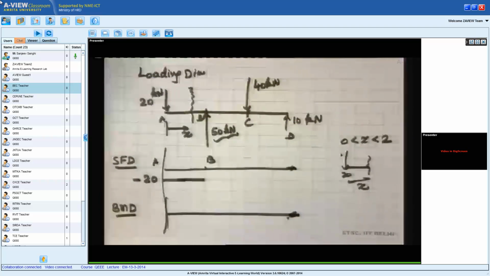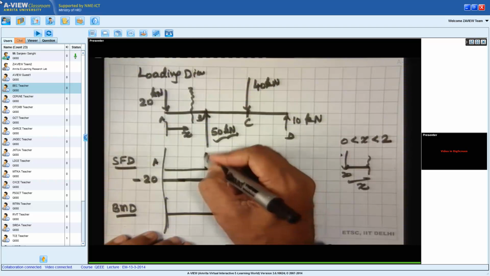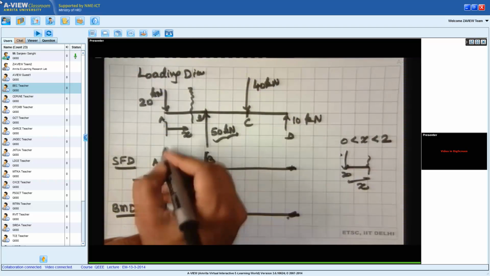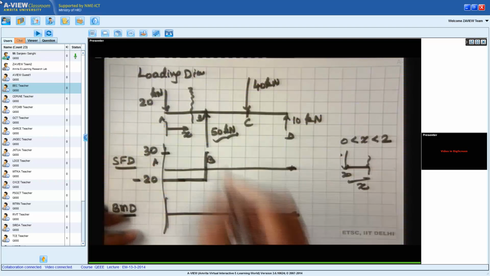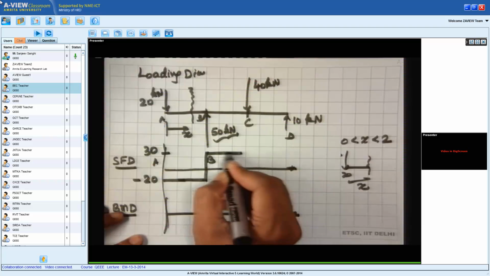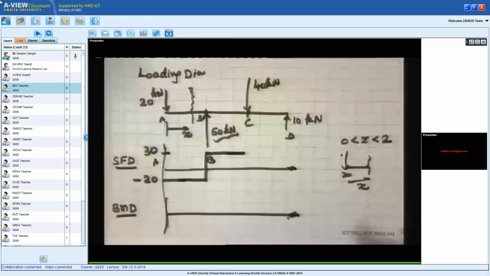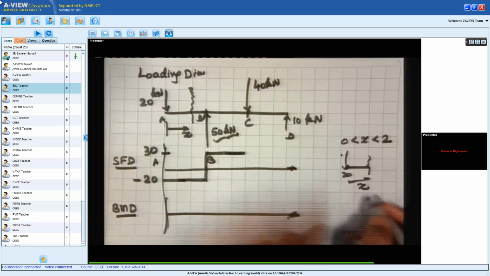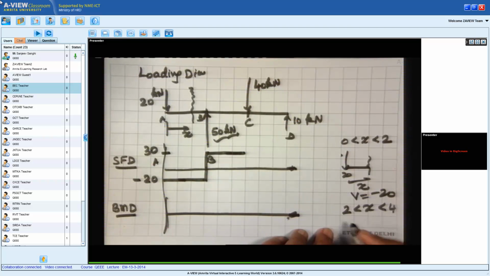To that, when I add 50, what will I get? The value becomes 30. So in the shear force diagram, I will reach 30 at the point B, and it will continue to be 30 till I reach the point C. So when 0 is less than x is less than 2, V is equal to minus 20. When x is between 2 and 4, V is equal to minus 20 plus 50, which is equal to